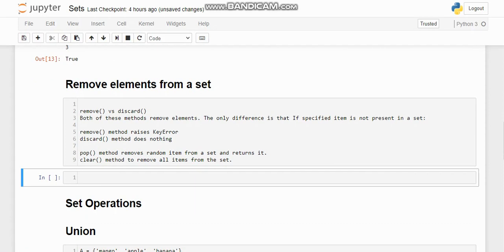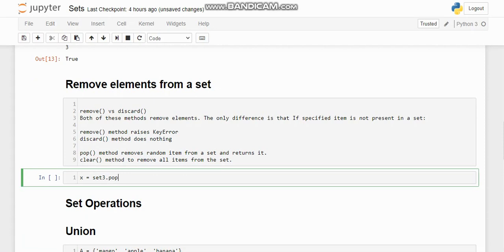After the remove method and discard method, we will come to the pop method. So the pop method removes a random item from a set and returns it. So if we do a pop operation on the set, it will return some value. We need to store it in some variable. Okay, and let that set be set3 dot, sorry, it should be dot pop.